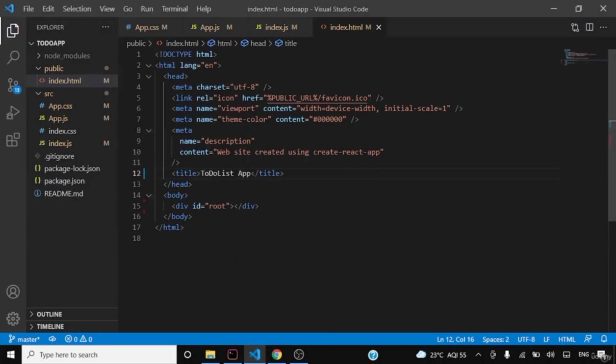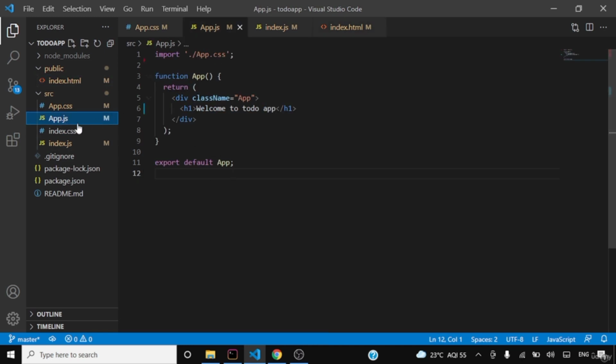So what's basically happening here? We'll get a high level view of what is happening. In index.html, this is the base. Here we have a div with id root. Now go to app.js. Here inside app.js, you can see,